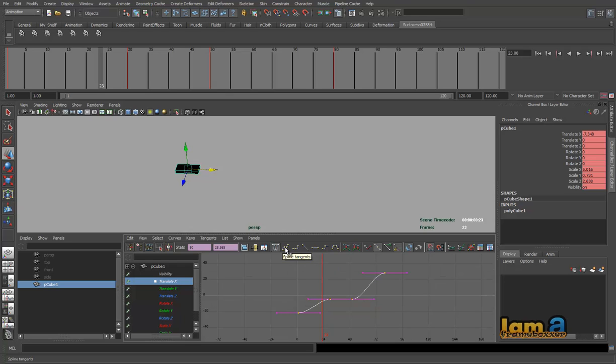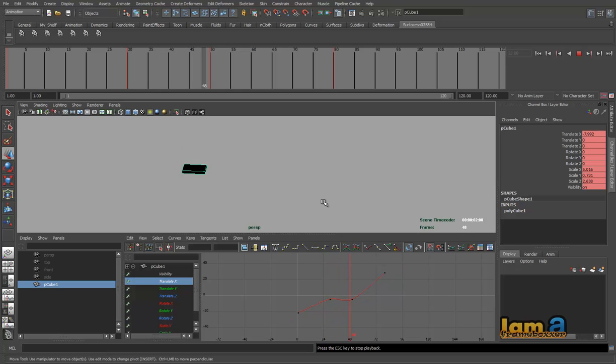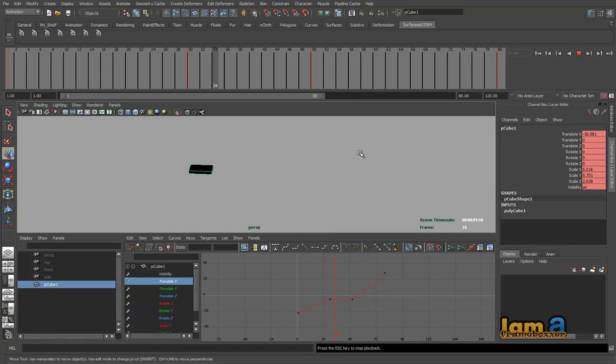Now let's choose the whole thing and move on to the spline tangent. See what happens when we move on to the spline tangent and play this. Let's cut this down to only 80 frames and play this. We immediately notice the hold is lost. We no more get to see the hold. Does that mean spline tangent is not good or it screws up the animation? No, it's not. Of course, in this situation, spline tangent is not capable of showing holds. For any animation where you want to show a hold, don't use a spline tangent.